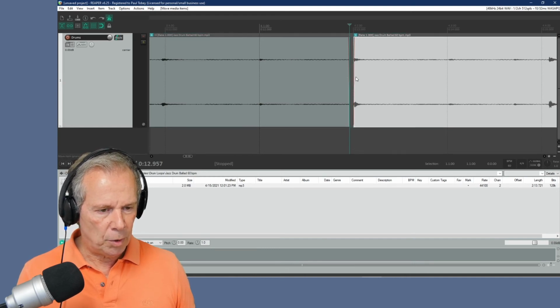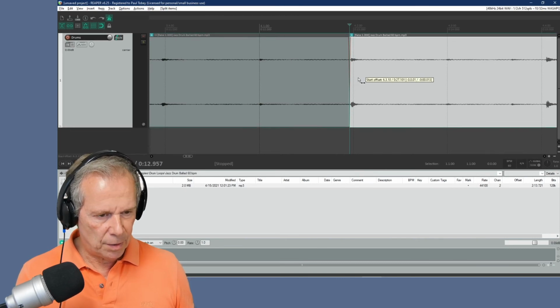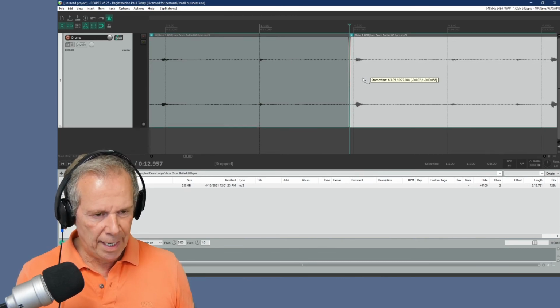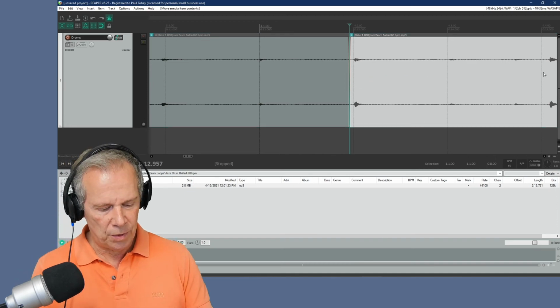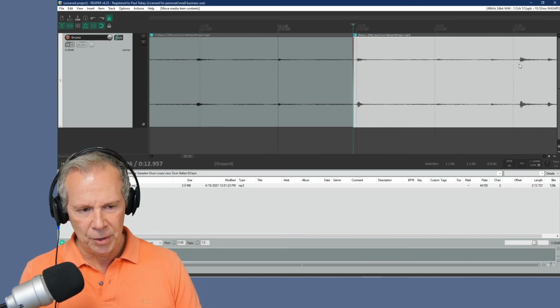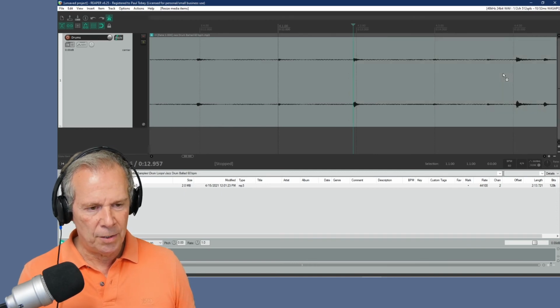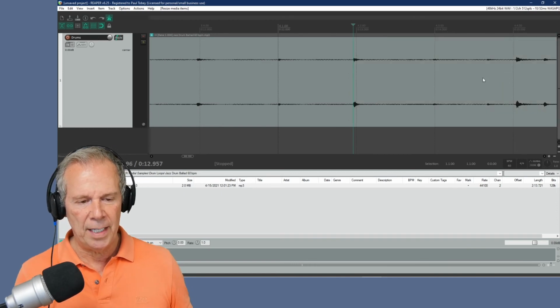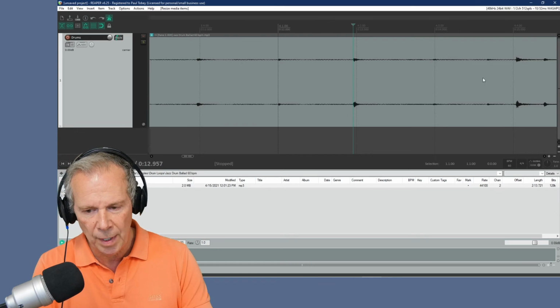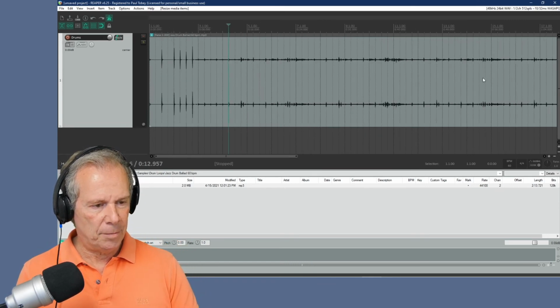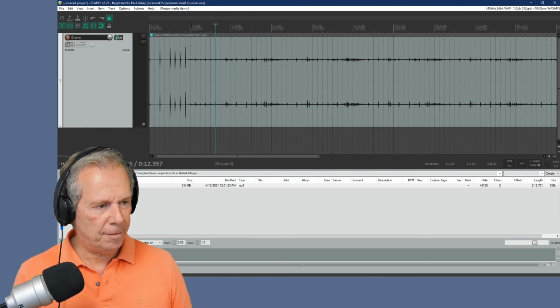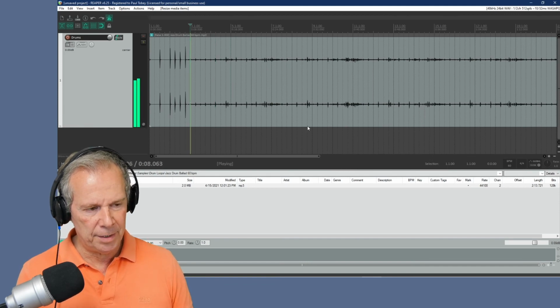Actually, let's pull it back for a second. Let's undo that, and then just hit the Alt key, and then just drag the track over just a little bit like that. But then, of course, this next section is a little bit off too. So I'm going to undo all of that just for now. So there's all of these editing things you can do after the fact that can be really helpful to fix up certain things. But now what we have, if you go back to here, is a very realistic